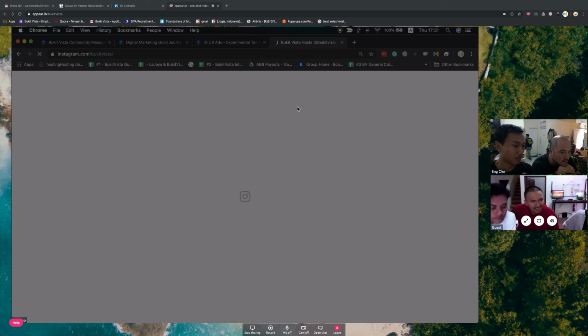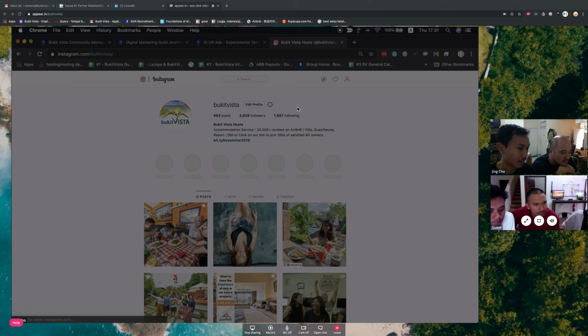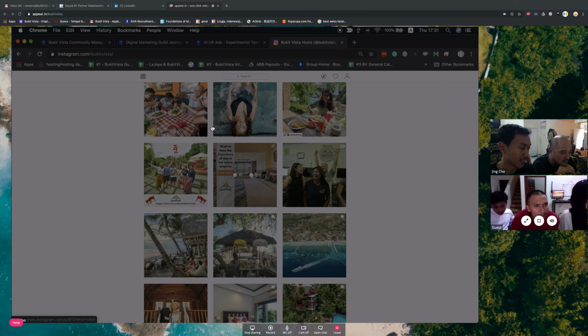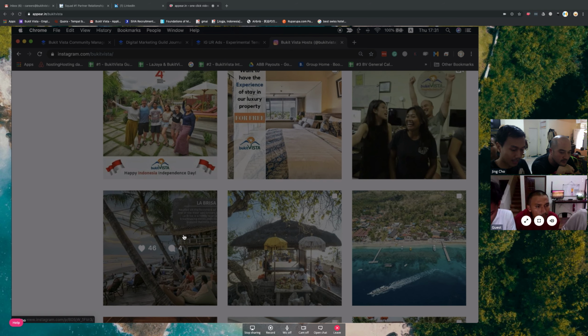We can check the post with text on, and we can check without text. Let's say the Labrisa post. It says 46 likes, and I check the insights.